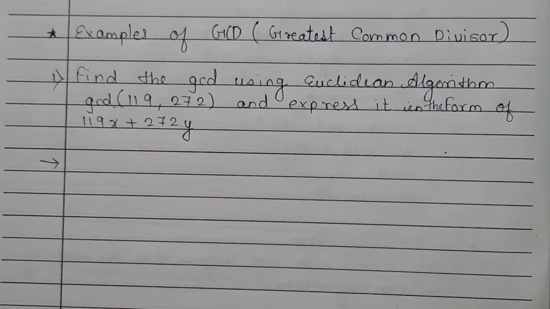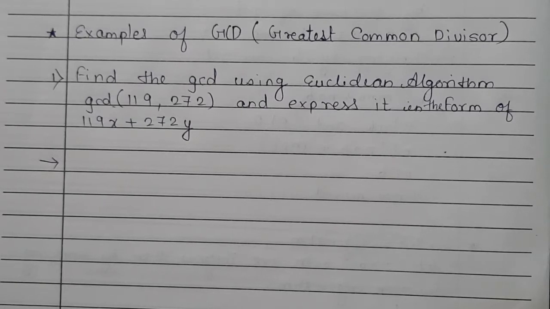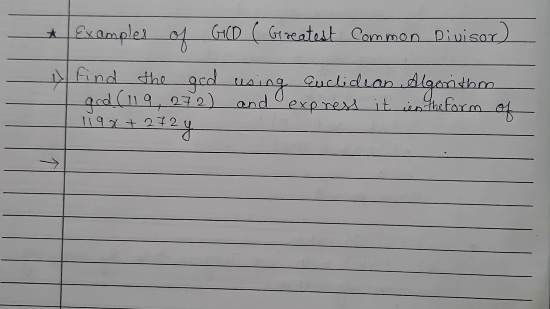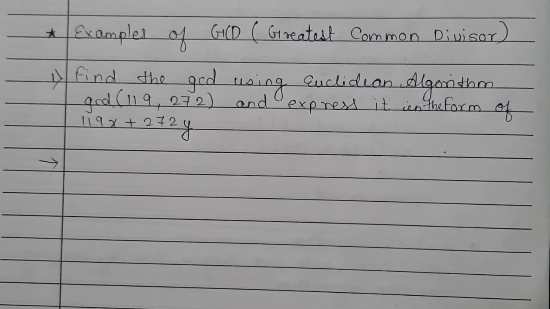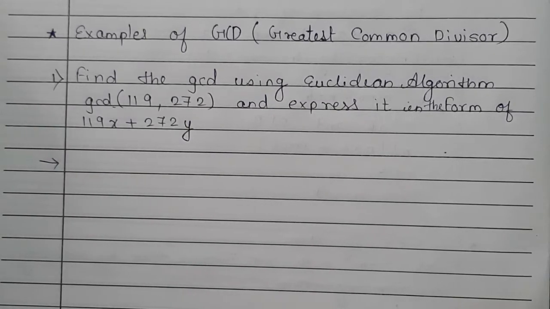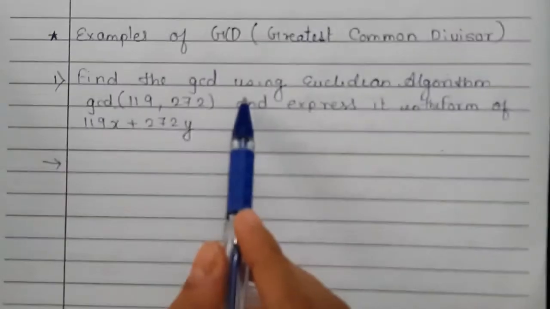In the last video we covered Euclid's lemma and the Euclidean algorithm. In the Euclidean algorithm we saw how to find the GCD of two numbers, in the general form. Now we take specific examples. So let's begin. Here I have two examples for you and then I will give you some exercises to solve. The first example is: find the GCD of